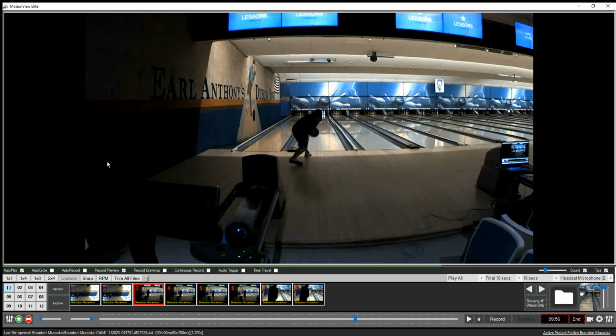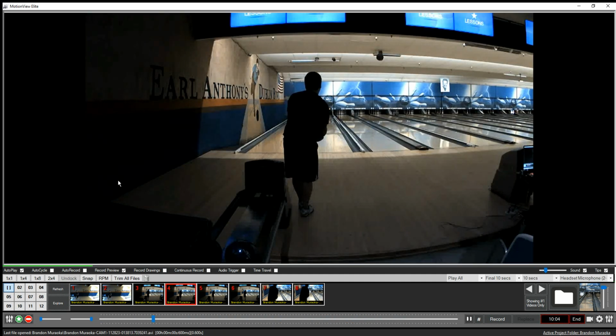Even here, you can see you fought for balance. Watch your slide foot. See how it kind of shimmies around. But then if that's not enough, you have to step off. If we look at another one from the back view,